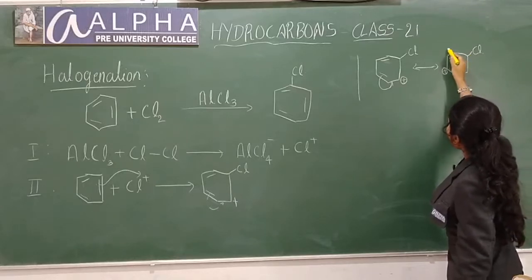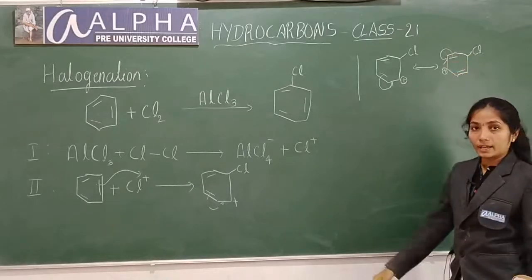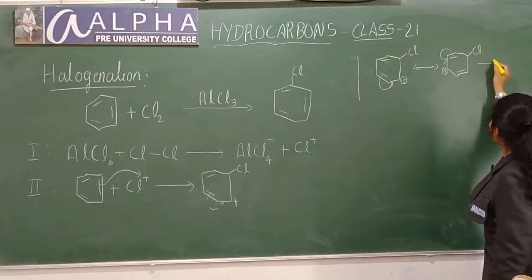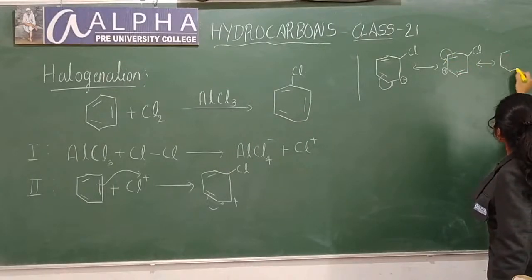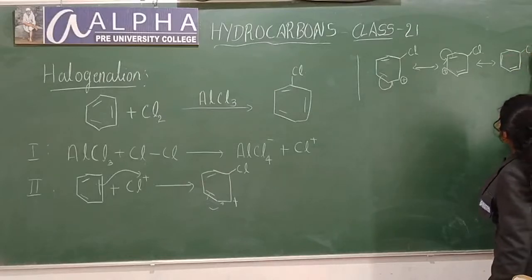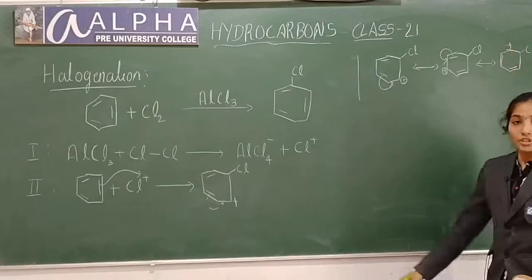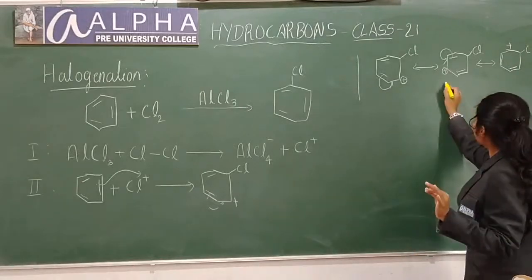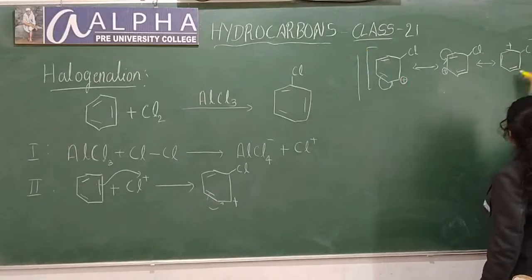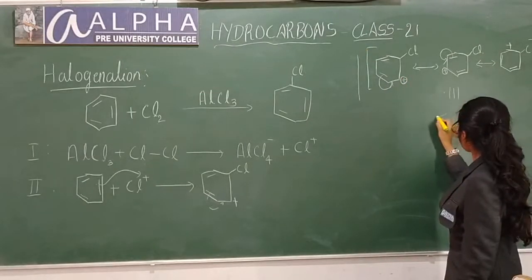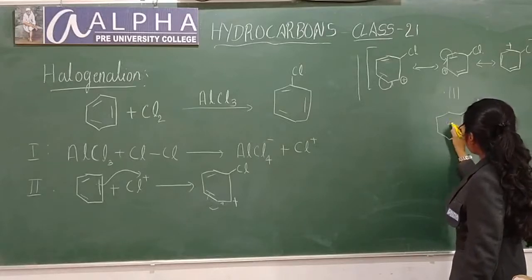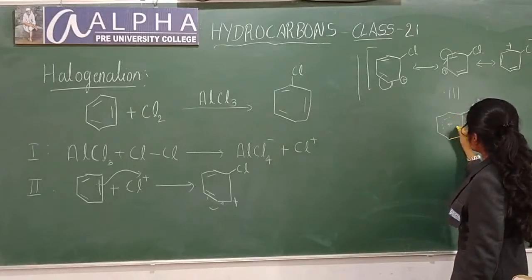In the next step what will happen? This bond will come here, electrons in that bond will come here, and you will get a structure like this. Here one double bond, here one bond, Cl and positive charge. You can write the resonance hybrid of all these structures like this, equivalent to a benzene ring containing the electrophile, and the positive charge is delocalized.